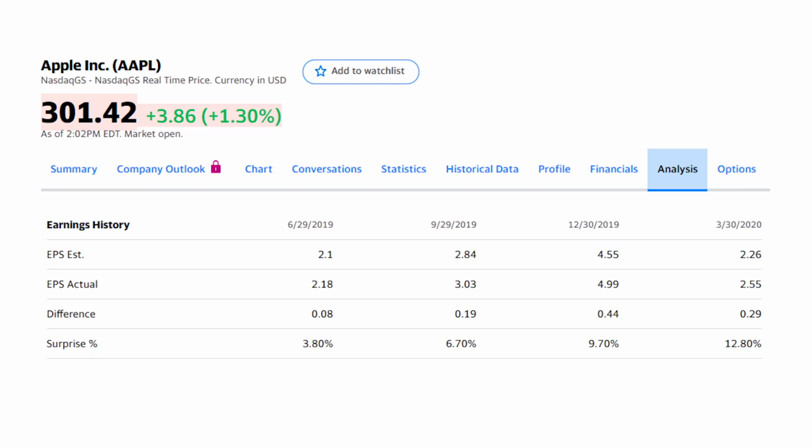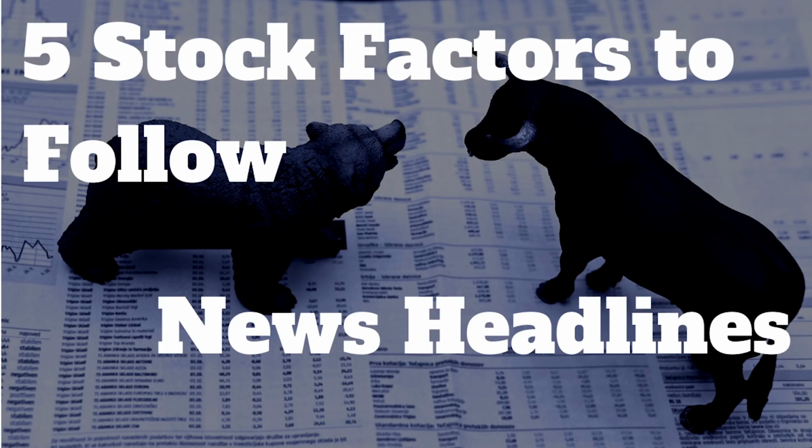If we look back at that earnings history for Apple, we see that even the Wall Street analysts were wrong by as much as 12% when it came to predicting those Apple earnings. Again, though, this is why most analysts only follow a few individual stocks or one industry. You need to spend the time to keep updated on those industry trends and how the economy is affecting your stocks.